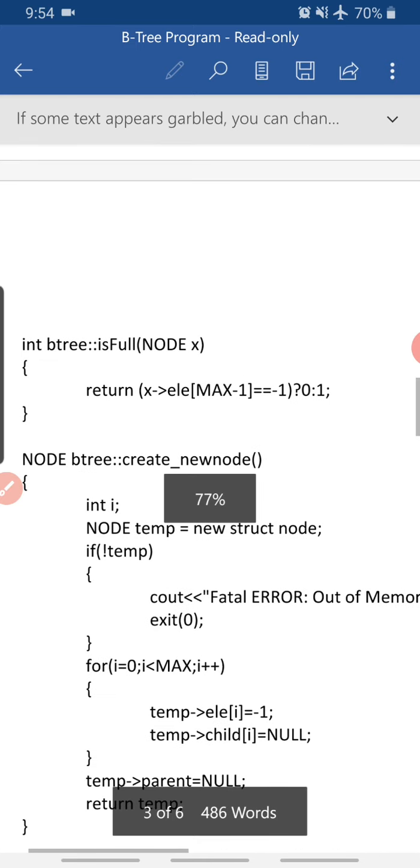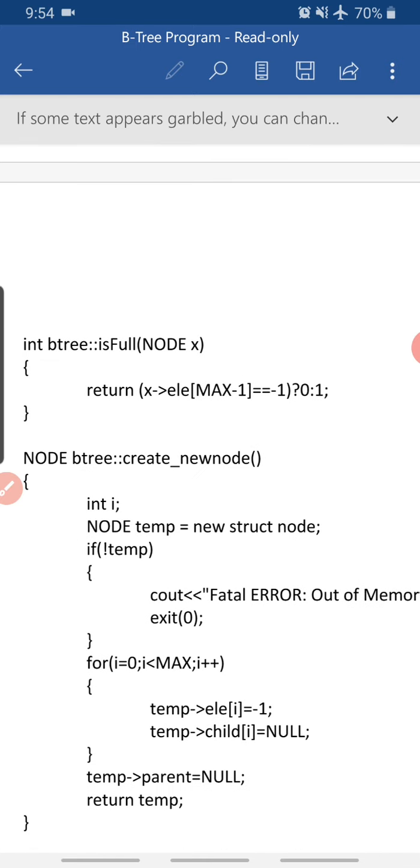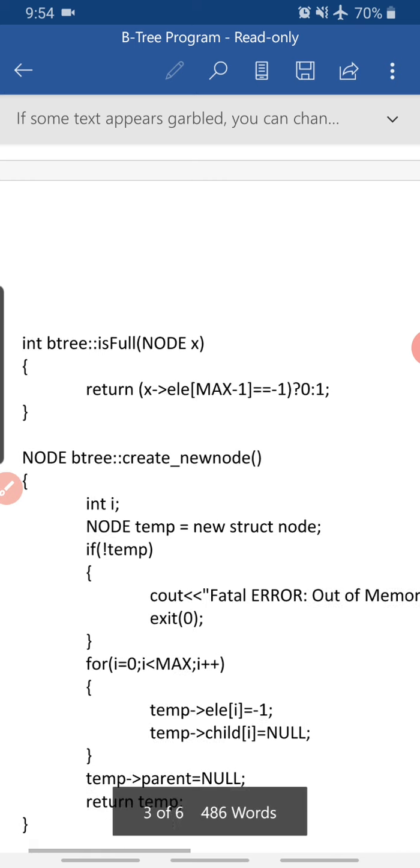Is full is here. For that particular leaf node, we check if x of element of max -1 equals -1. So max is 4, so max -1 is 3. So max -1 is the last index value that's possible. If the last index value is -1, then it is not full, otherwise it is full.